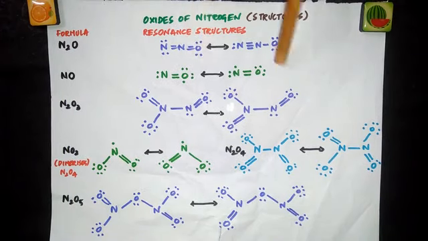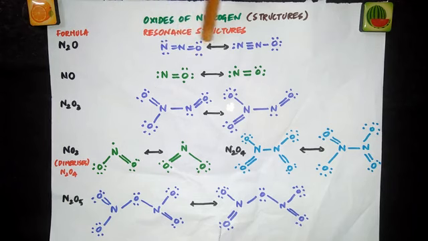These are the Lewis structures of these compounds, and I've taught you in grade 11 how to draw these Lewis structures. If you have any doubts, you can refer to the grade 11 chemical bonding and molecular structure videos, where you can see how to draw these Lewis structures. So now we have 2 nitrogens and 1 oxygen. So this is how it is bonded.